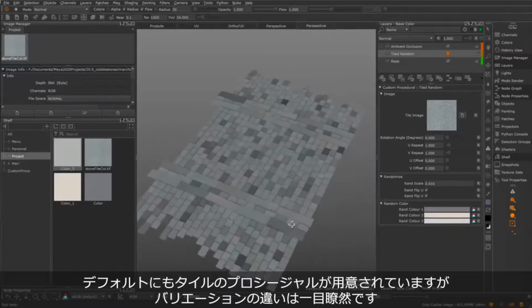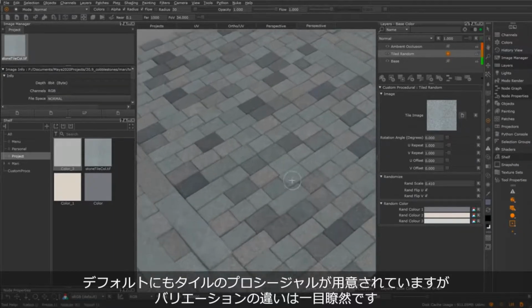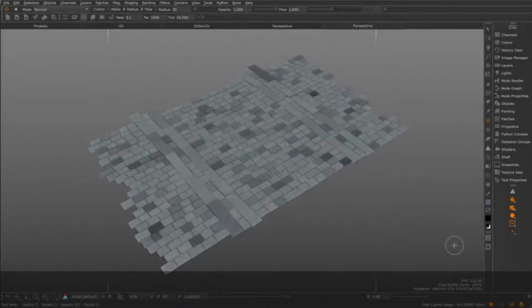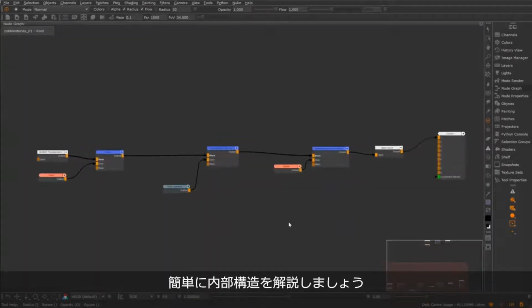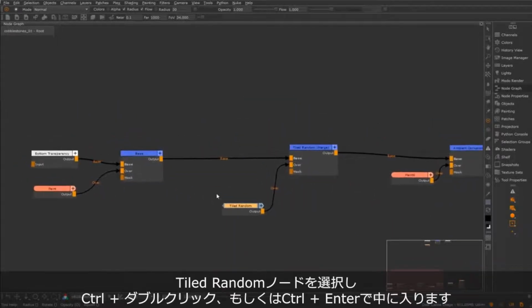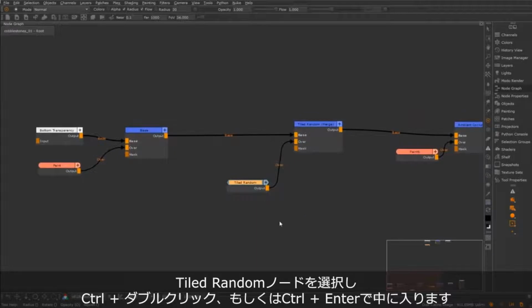If we compare this to a regular tiled procedural, you can see that we have a lot more variety that we can get very quickly. Let's take a really quick glance at how this is created. I can select the tiled random custom procedural in my node graph and either control double click or control enter